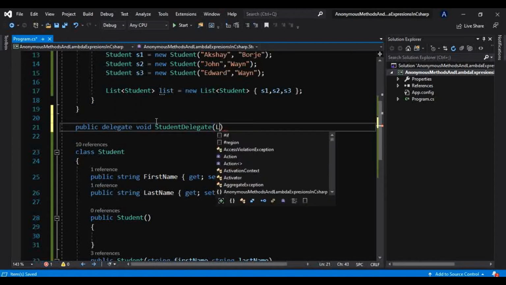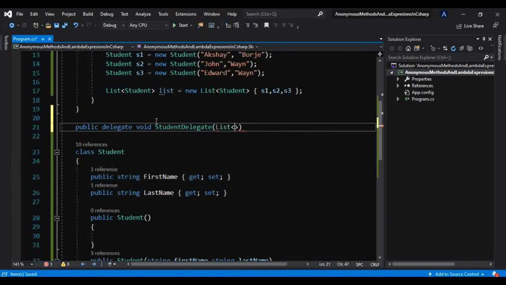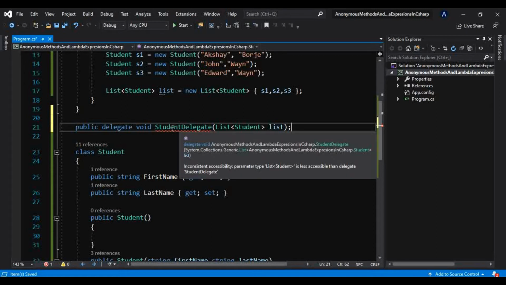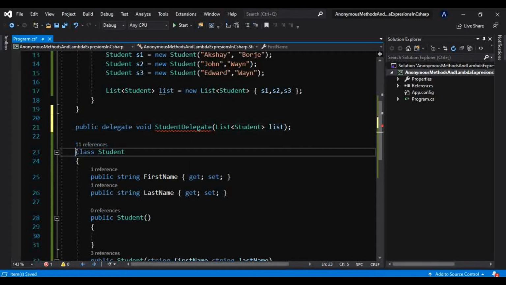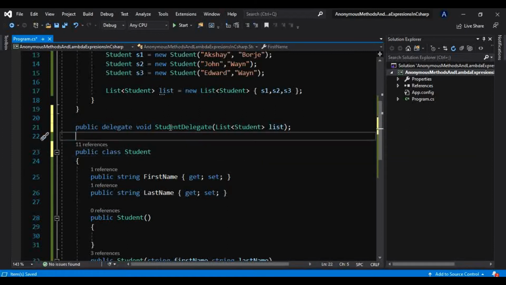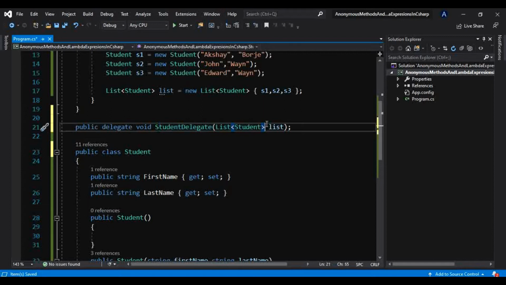What it will expect is a list of Student. And yes, I have to make this class public, because if I don't make it public, it will be less accessible here.